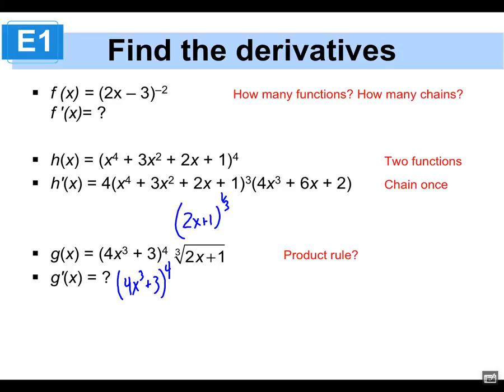The function on the outside is the 1/3, so I take the derivative: 1/3 times 2x plus 1 to the negative 2/3 power, chained on with a 2. Where'd the 2 come from? Good, it's the derivative of 2x plus 1. Okay, that's the first half of the product rule, plus the second